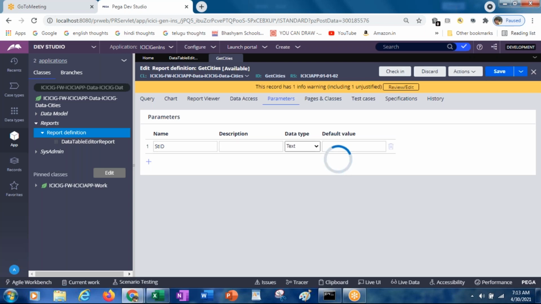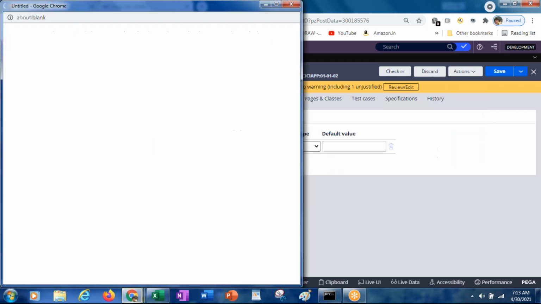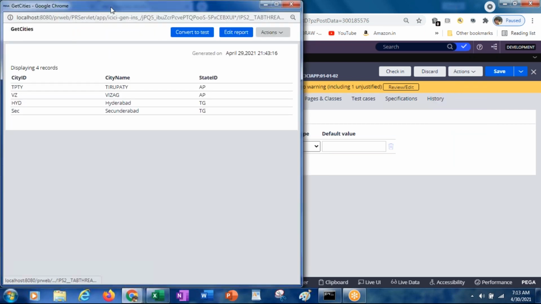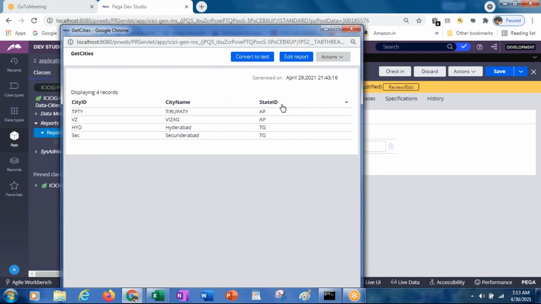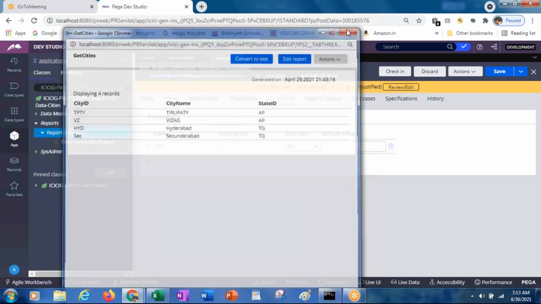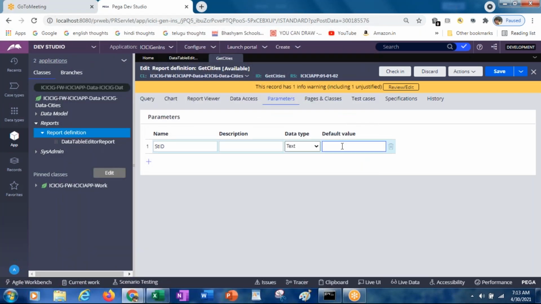So check out this. Save. Actions, run. I did not pass any parameter, so it is returning all the values, displaying 4 records. Once you pass the parameter, then only you can see the filtered result. For example, here, if you want, you can give some default value as AP.